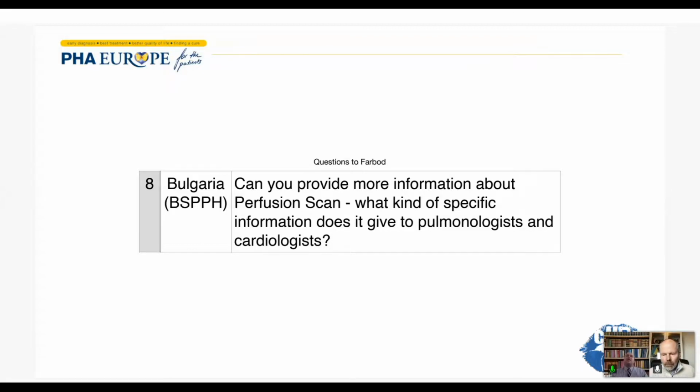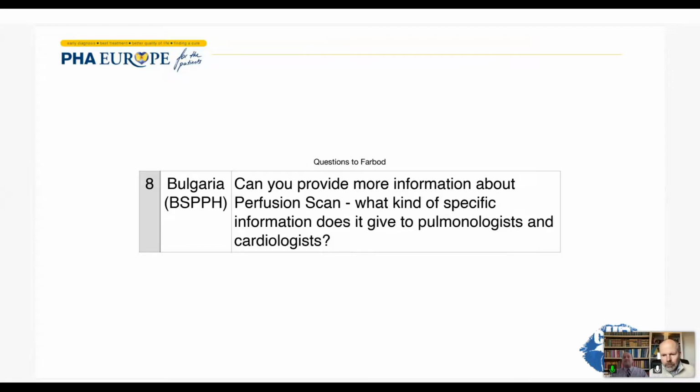There are still cases we have seen where CT angiography doesn't pick up chronic thromboembolic disease, but perfusion scans do. But with improving resolution of CT angiography, this is becoming less and less of a common occurrence. And so perfusion scans are largely used now either in very high suspicion CTEPH cases where you really, really want to rule it out for sure,